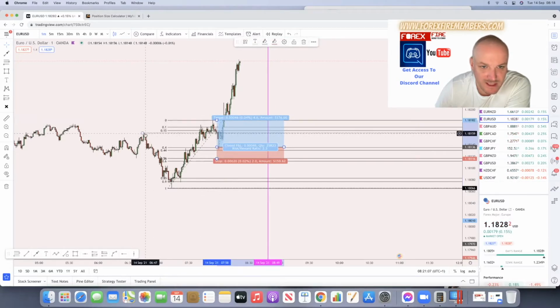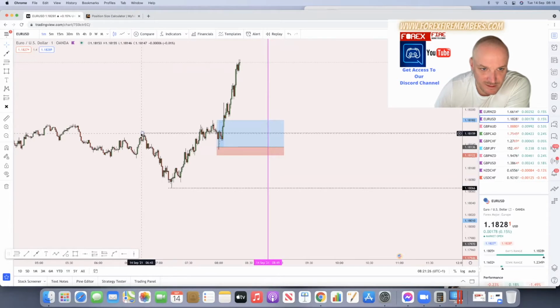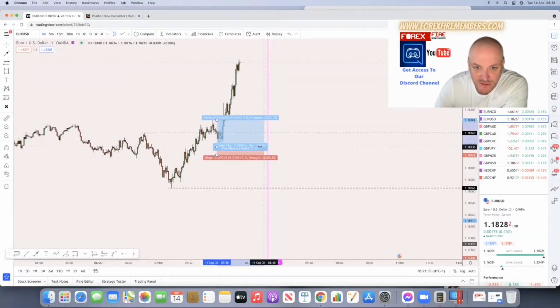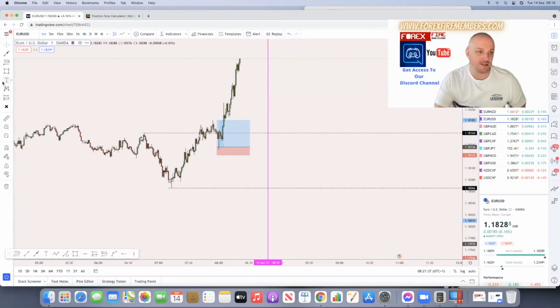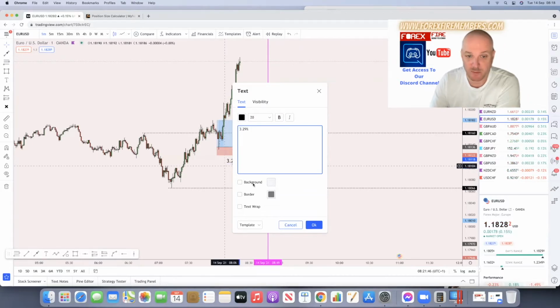let's have a look. So that's there, the breakout occurred to here. So we can see that's the money zone. Look at where it's respected straight in. We can get rid of that. And this is where the breakout occurred before the pullback. So that's our TP area. This here is giving a risk to reward of 3.29. So instantly, straight away, we are in profit, or would have been in profit on this one, of 3.29.